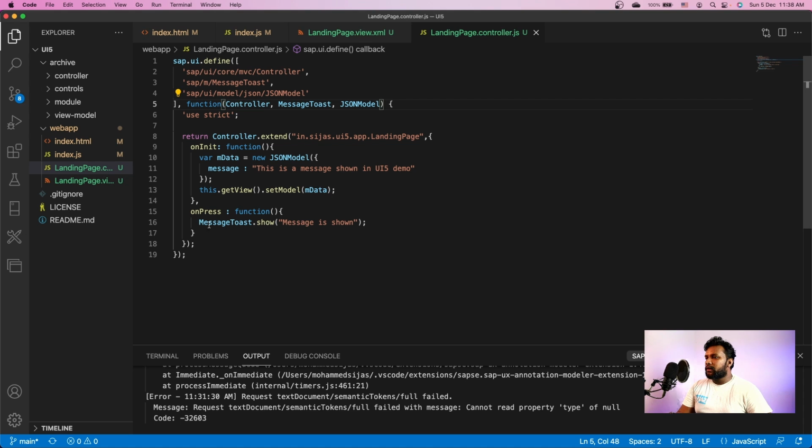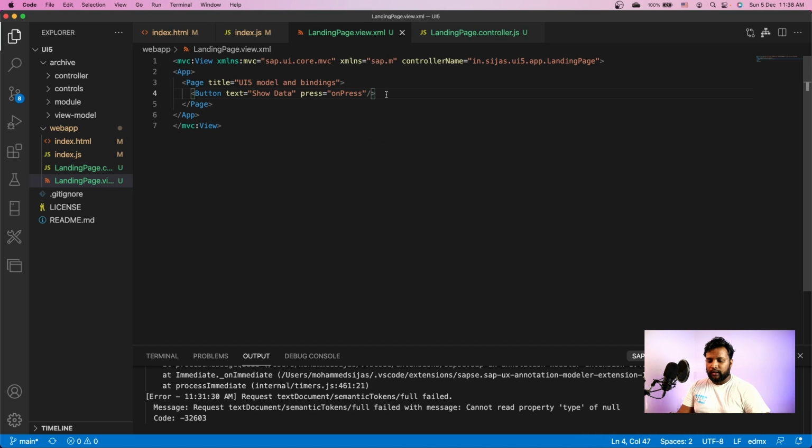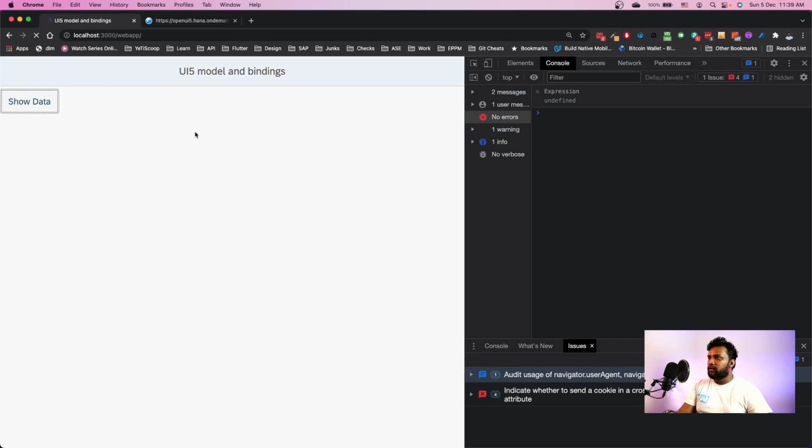So how do I make things show properly? Before that, let me go here and add a text area with a value which is coming from the model, default model /message. So with this, I should be seeing a text area where it shows this one.